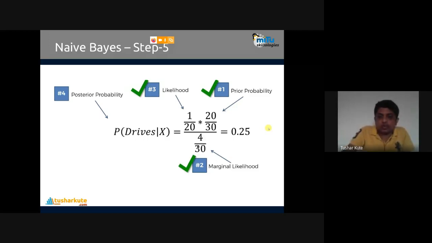Okay. Then let's go for the next. Out of 4 similar observations, 1 is in the driver category. And 20 drivers are there, out of that, 1 is a similar observation. So put them together and we find the result 0.25. So the posterior probability that the driver is in X category is 0.25. Problem solved. The model is created.